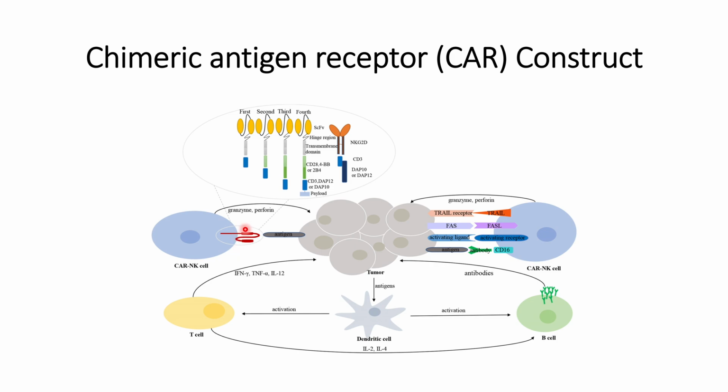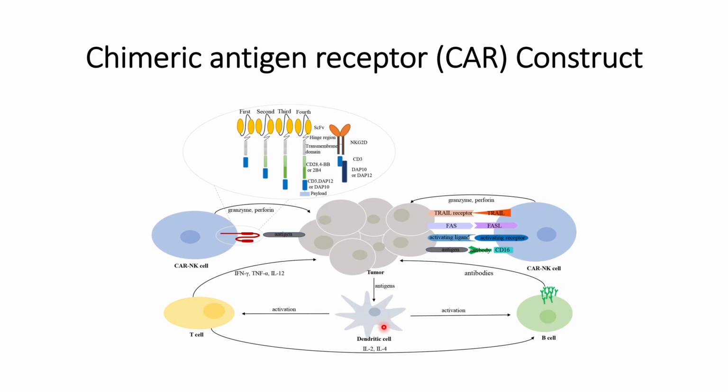where only the extracellular domains, or these receptors, interact with the antigen. But in reality, along with these antigen receptors, other things also need to be activated, such as the FasL pathway, the TRAIL pathway, and the CD16 pathway, that will activate these CAR T cells or CAR NK cells, and that will lead to the release of cytokines such as granzyme and perforin, that will lead to the apoptosis of the tumor cells, and this apoptosis will cause release of the antigens in the